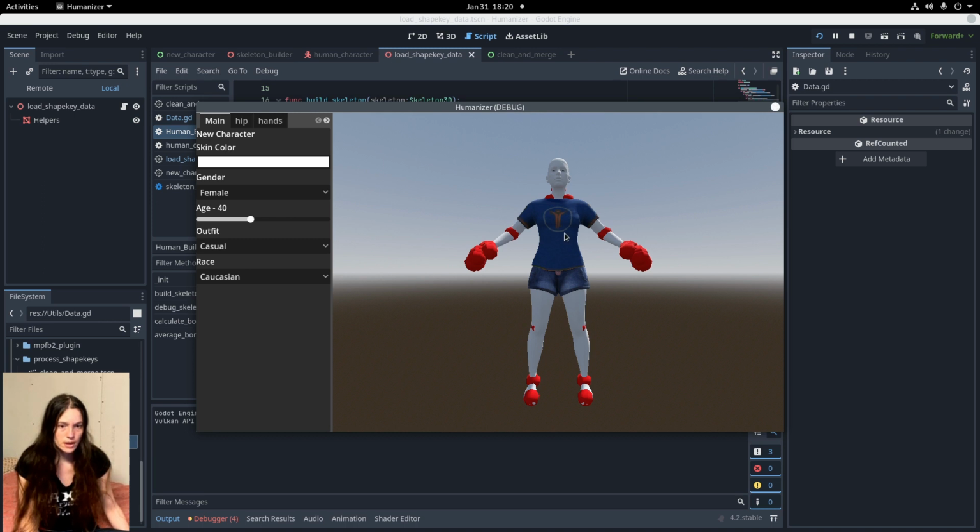So I think I'll go ahead and upload this to the repository. I'll comment out the debug,